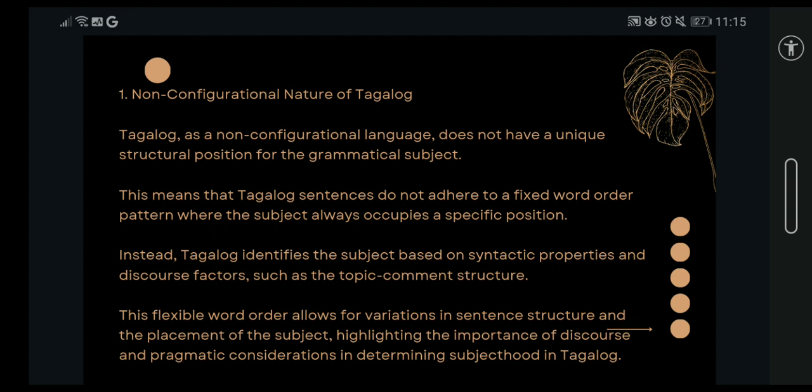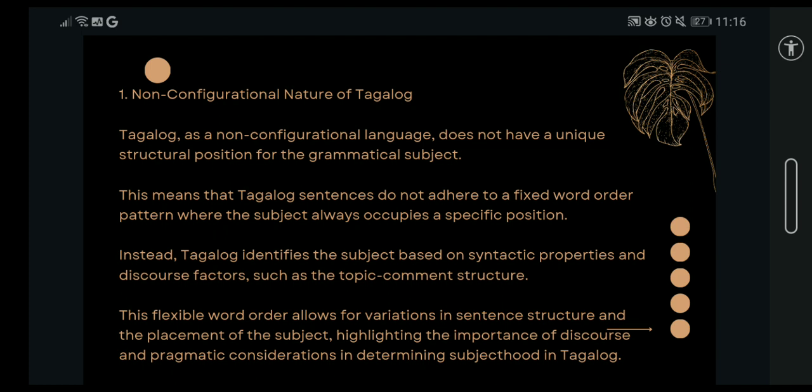Like, for example, the sentence "wag mo na kasi siyang tanungin" may also be said like "wag mo na siya kasing tanungin." The word "siya" may be said first before the "kasing." You see, you may say "wag mo na kasi siyang tanungin" or "wag mo na siya kasing tanungin." It has the same meaning and it sounds grammatical,